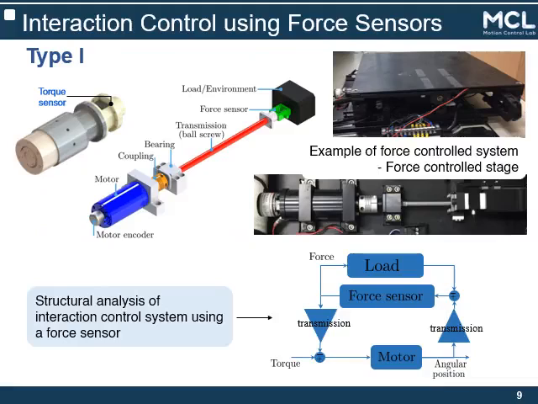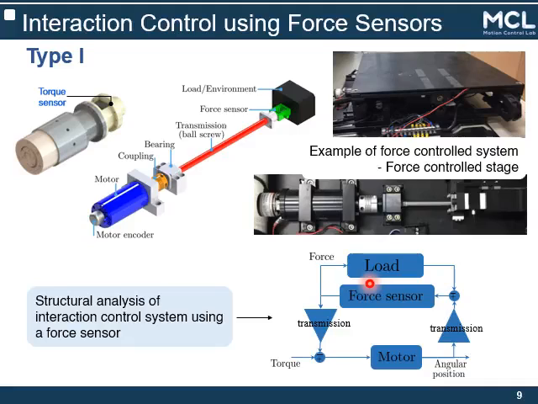This system consists of the motor, the transmission, the force sensor, and the load. This figure shows one example of a force sensor using force control system, where this is the motor connected to the ball screw. The force sensor is attached between the end of the ball screw and the load, which is the upper plate of this stage. This structure can be illustrated using this diagram, which shows the components of this system and